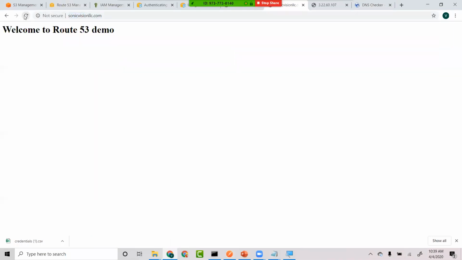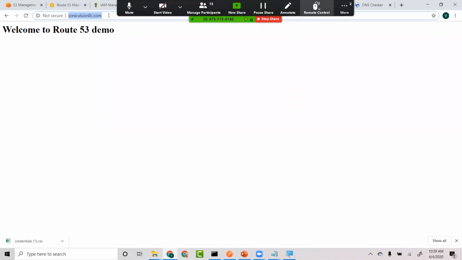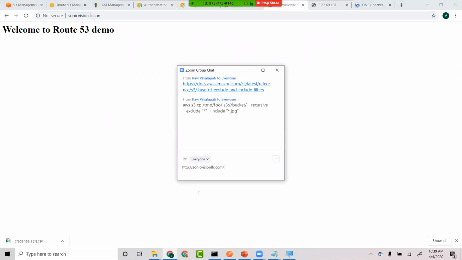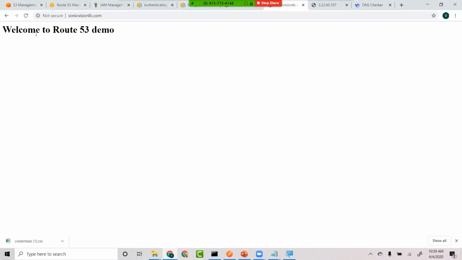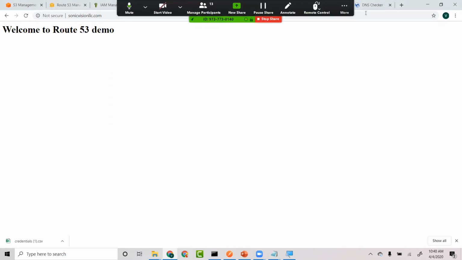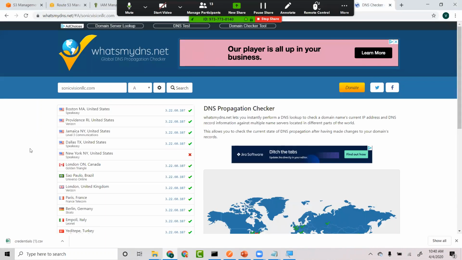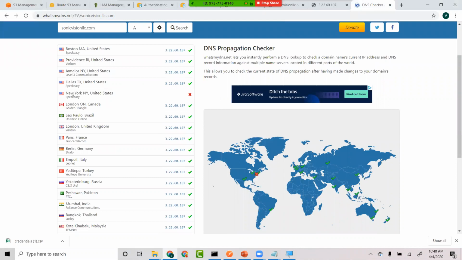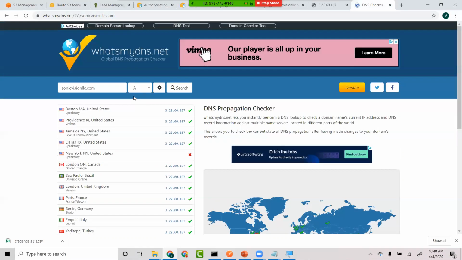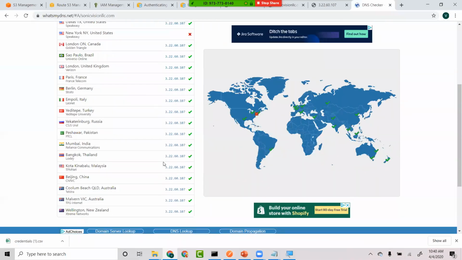Sonic Vision LLC. There you go. Welcome to Route 53 demo. Can you guys hit this website and then see what you are seeing? Are you guys all getting the same? Yes. If you don't get it, I'll not be surprised, because the propagation may not be complete. See here, New York, NY, it's not there yet. So it's still, yeah, across the globe. So there are some places, New York, NY, but all the other places, they